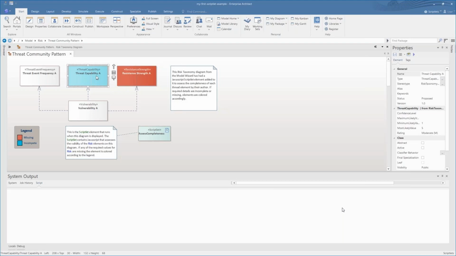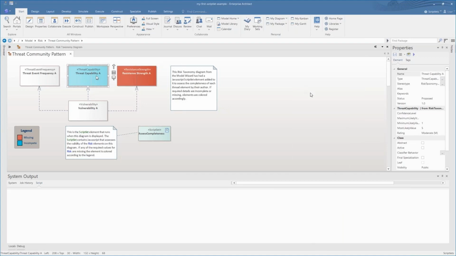So with this particular example, we're looking at a threat-based community pattern, and we're using color coding so that we can quickly see if any of the elements have missing or incomplete tagged values.